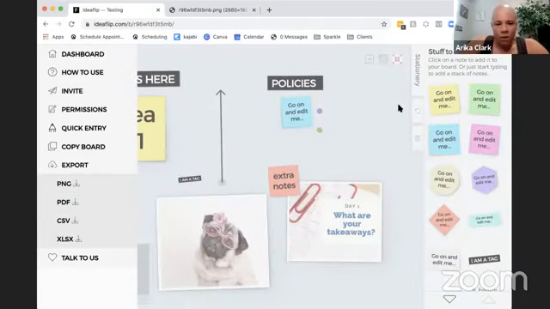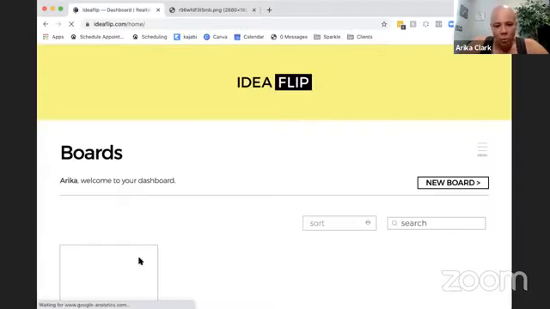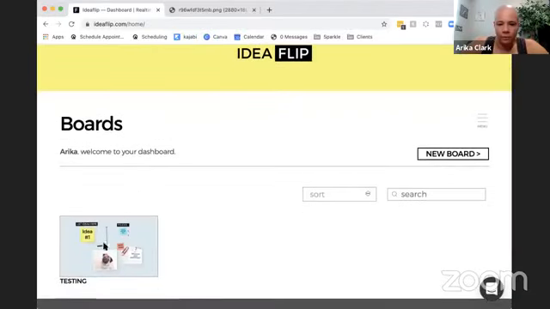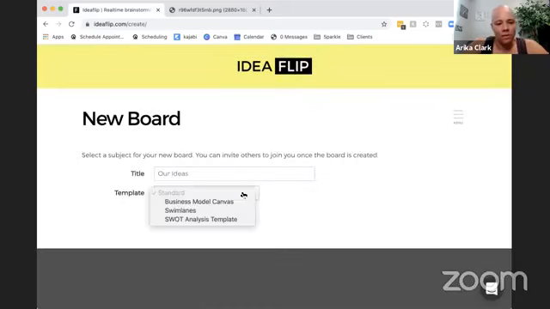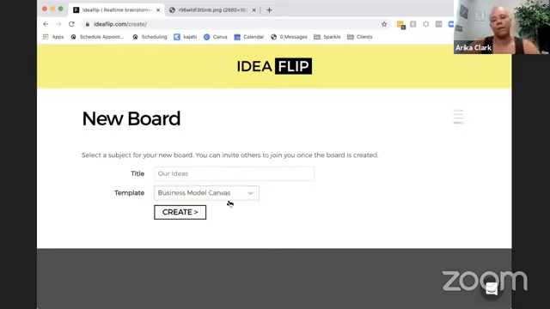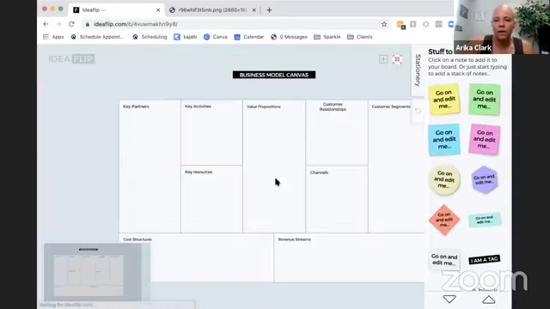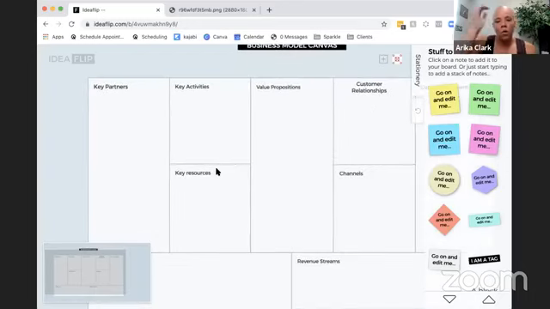And then I do want to go back. I'm going to go back to the dashboard. So the board will appear here. You can see it. And then I do want to show you a couple of these templates. So there's a few that they already have, but if you are working on a business model, you could come in here and they already have stuff pre-populated for you. So you could import something like this on your own that people can work and fill out, or you could use one of their